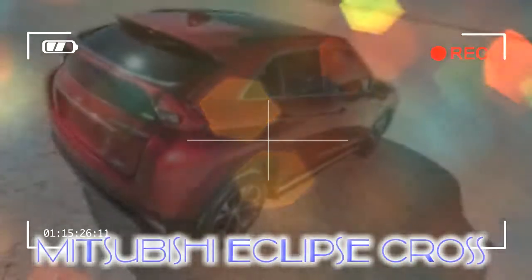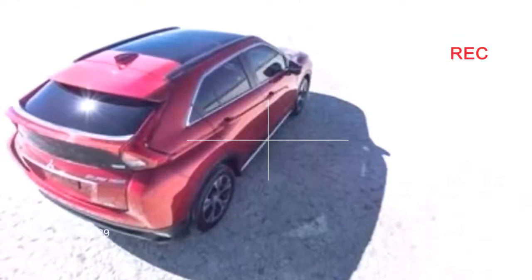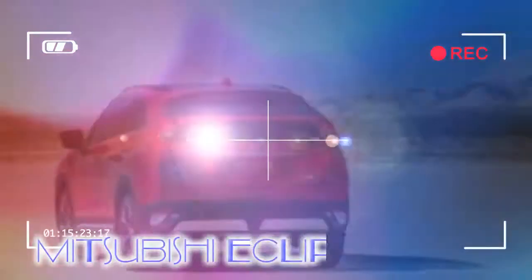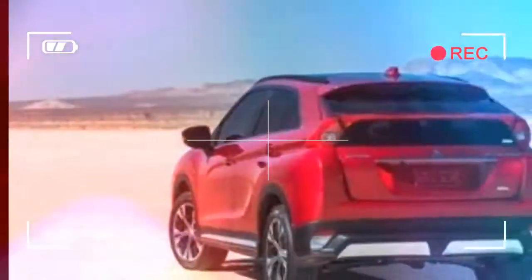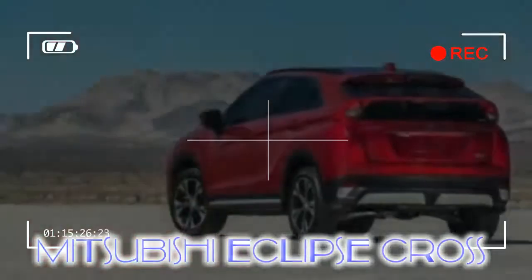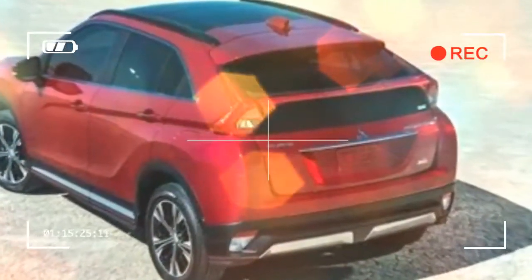Less exciting than the styling but perhaps more important is the new turbocharged 1.5-liter inline-4 under the hood. Part of a new engine family, it makes 152 horsepower at 5,500 RPM and 184 lb-ft of torque from 2,000 to 3,500 RPM. The Euro-spec Eclipse Cross we drove over the summer had 9 more horsepower but the same torque figure. It's happy on a diet of regular